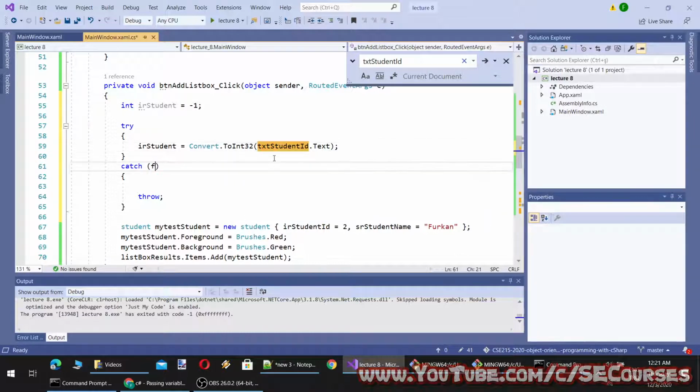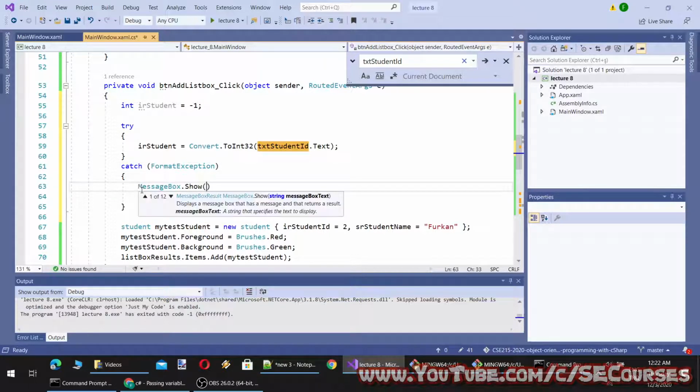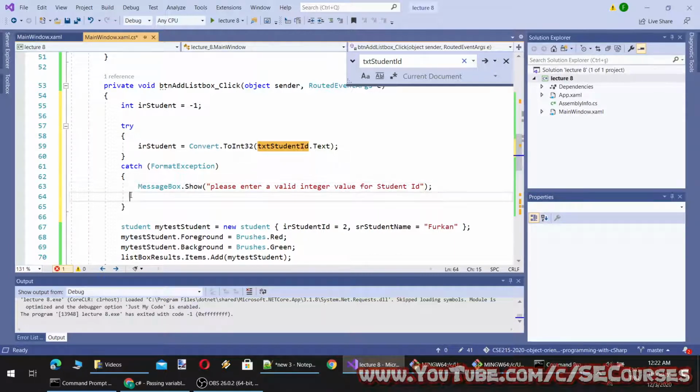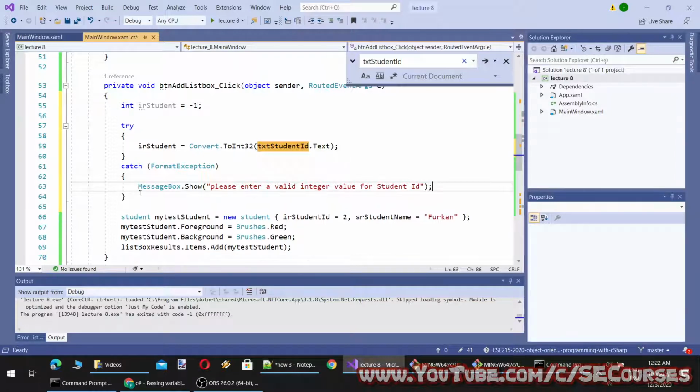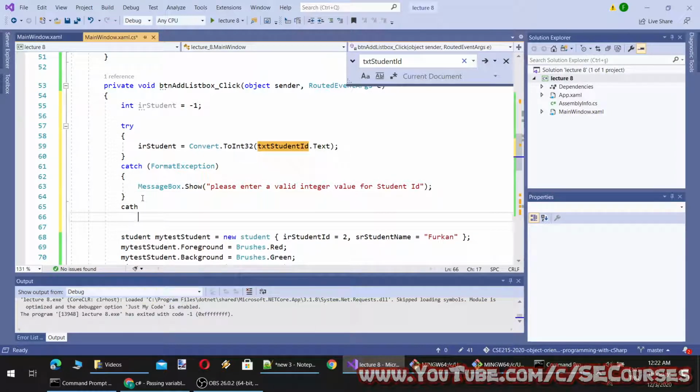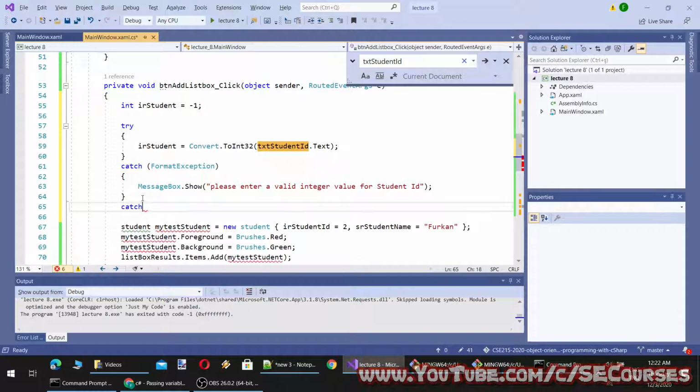So I will check the format exception here, and I will say MessageBox.Show: please enter a valid integer value for student ID. Okay, and I will catch the other exception as well here, like this. So this is custom exception handling.